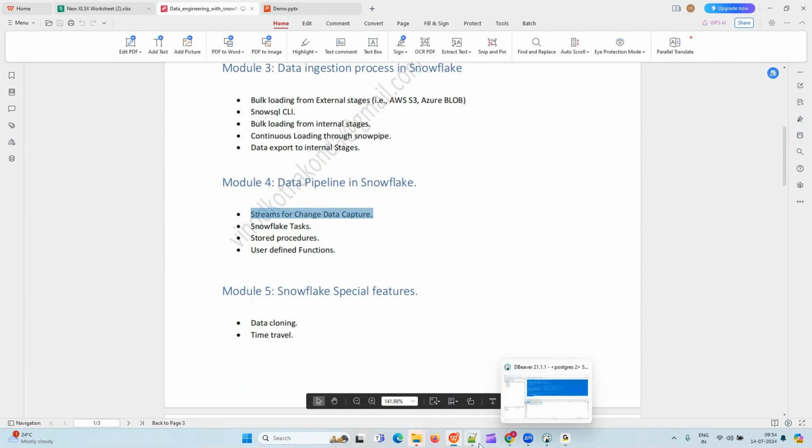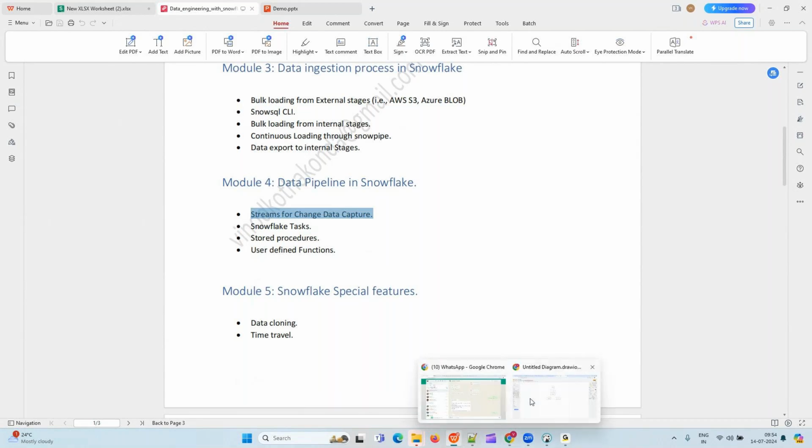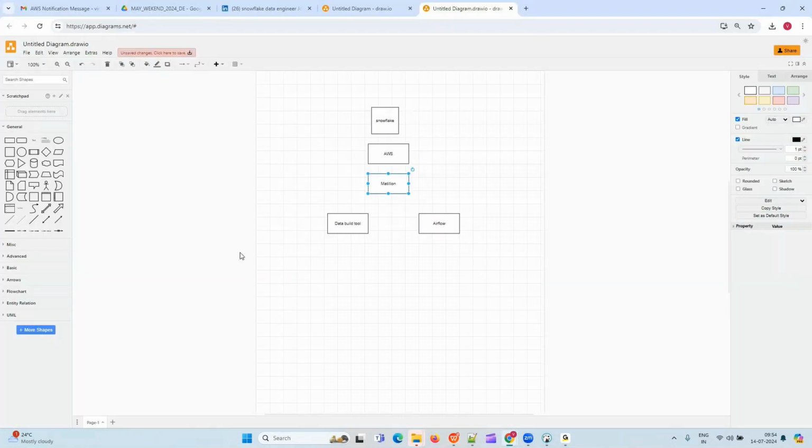So people might not know what all these tools are. First of all, let me explain what the original flow looks like in the real world. Let's take a data pipeline example, the example of Amazon, an e-commerce website.